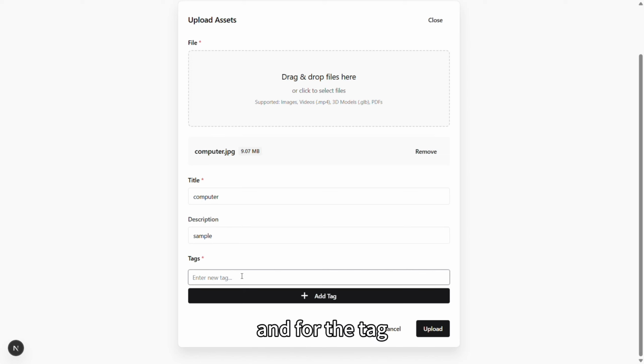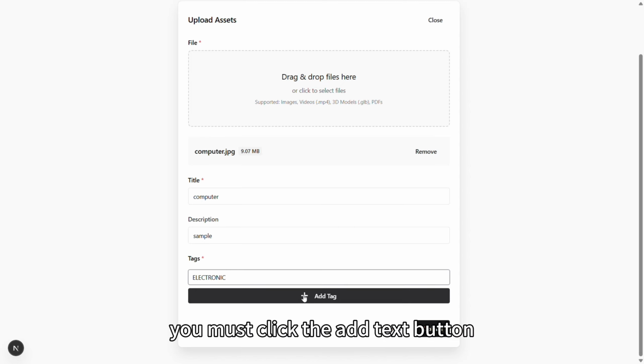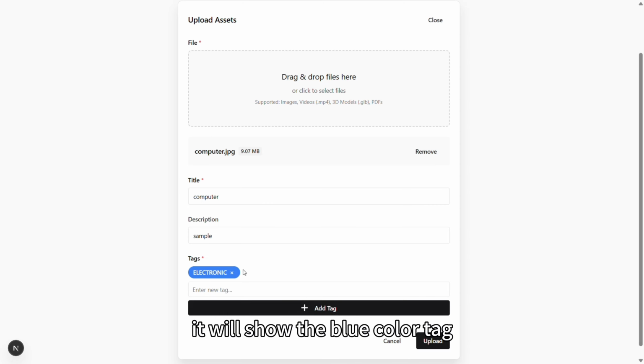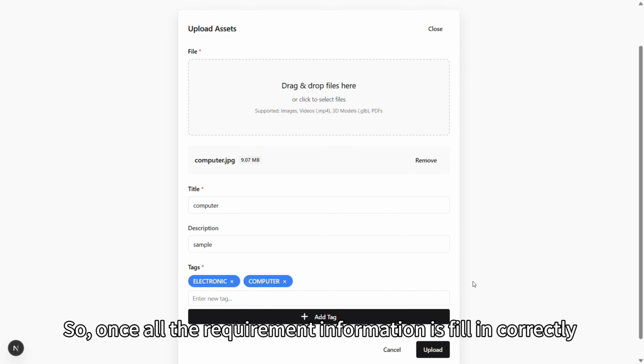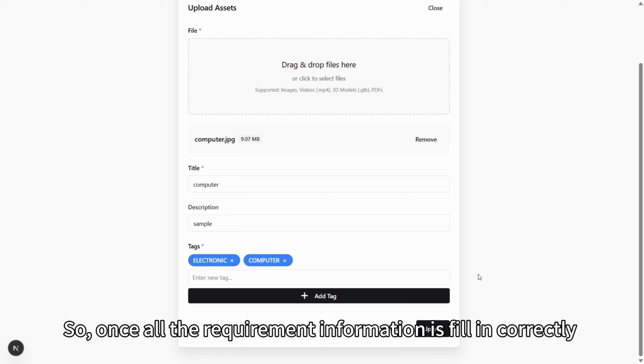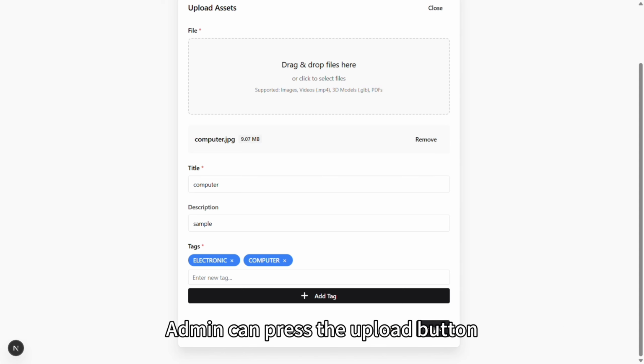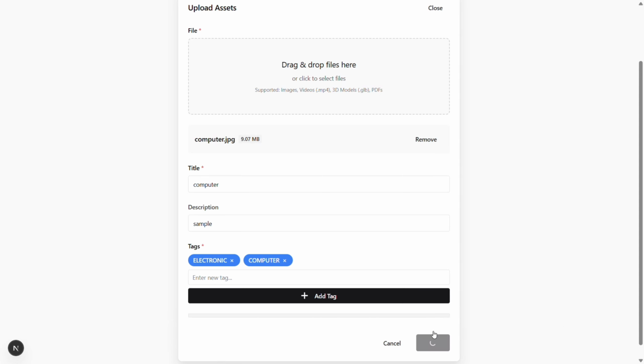sample, and for the tag, you can enter one or more tags. When you enter one tag, for example, electronic, you must click the add tag button. It will show blue color text. It means the tag was successfully added. I add one more tag, computer. So once all the required information is filled in correctly, the admin can press the upload button and add a new